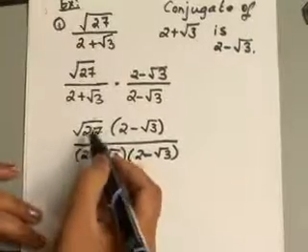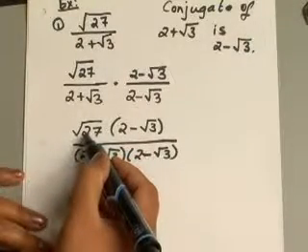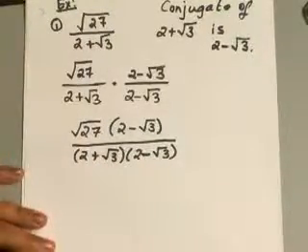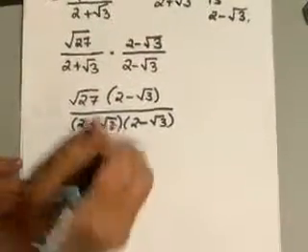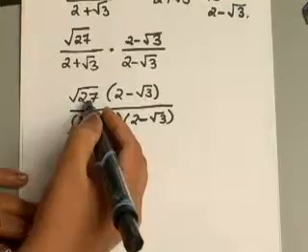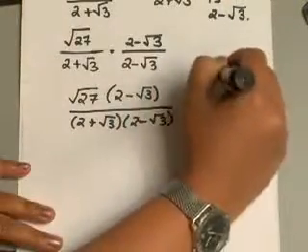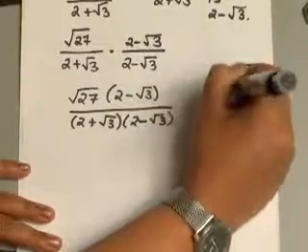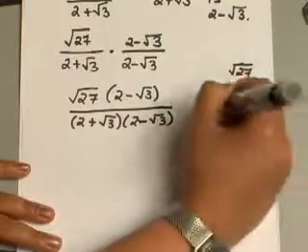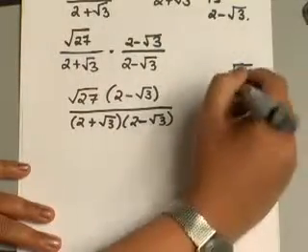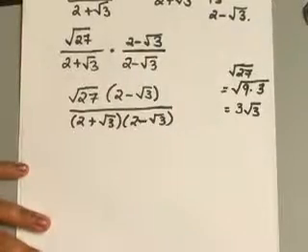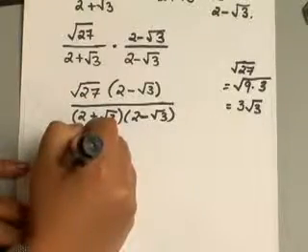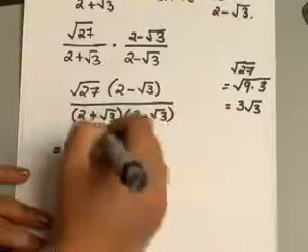With our numerator, we'll go ahead and multiply square root of 27 into 2 and square root of 3 there. Now, if you want, you can actually go ahead and simplify the square root of 27. I think it will be easier that way. So if you again look at this, square root of 27 is basically square root of 9 times 3. 9 we know is a perfect square, and this will be 3 times square root of 3. So instead of writing it as square root of 27, write it as 3 times square root of 3, and then